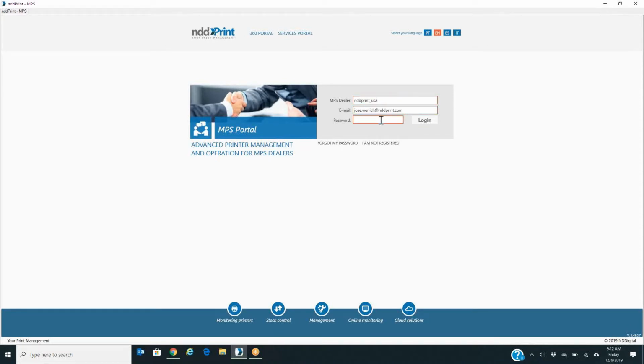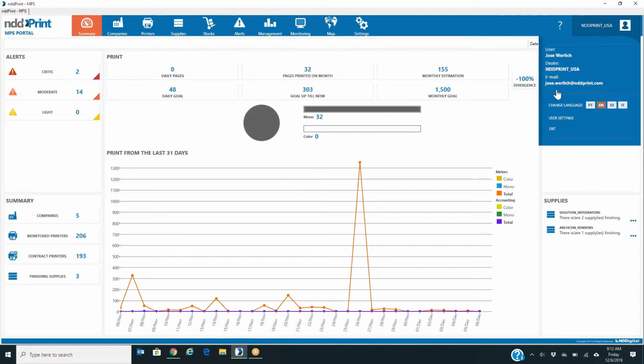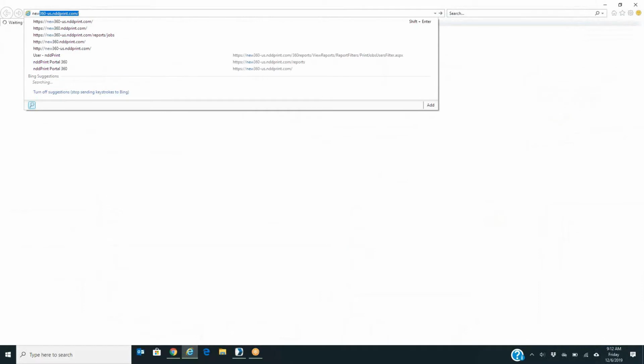So I always like to go ahead and open our MPS portal and take a look if I can do the authentication using my dealer credentials. If I can, it's a good step, meaning that I don't need to recover my password. Then, to start the process to create a customer, first thing we need to do is go to a web page that we call new